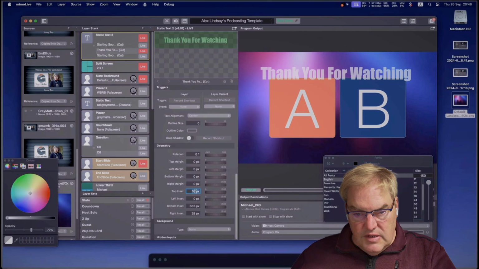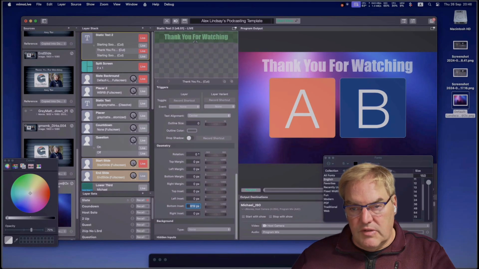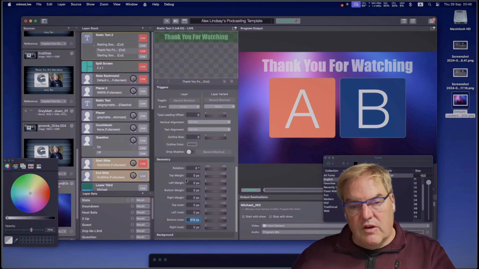Top inset should also be 0. And the bottom inset, that's the right inset 0. And this is what makes the thing be at the top. So we should make that probably something like that, 812. So now we've changed